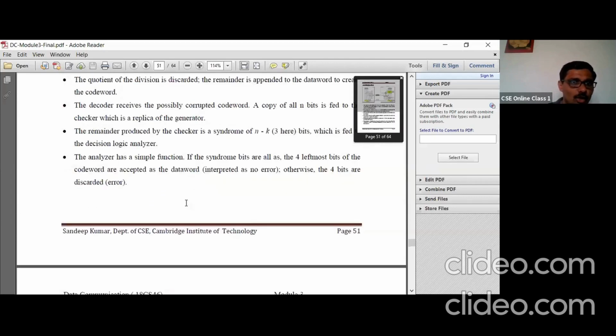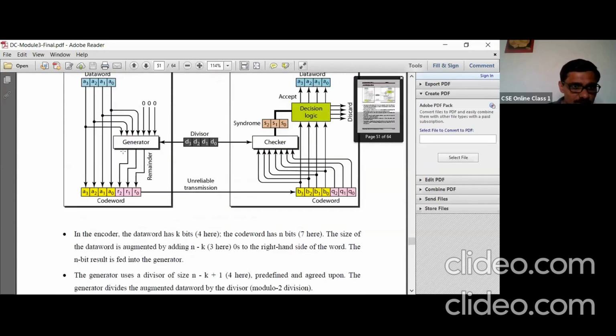So you see here, your generator will produce a 3-bit output. The generator is nothing but your division process, and the output of the division process is the 3-bit remainder. That 3-bit remainder is your redundant bits.